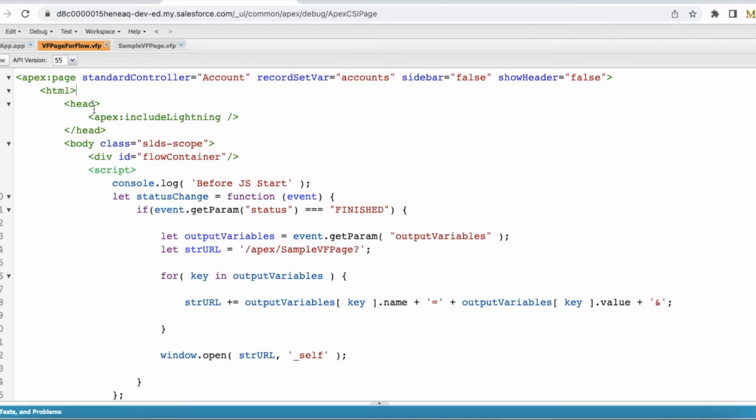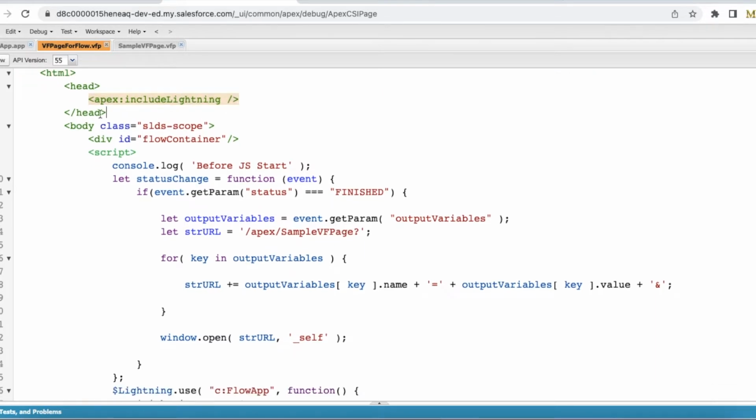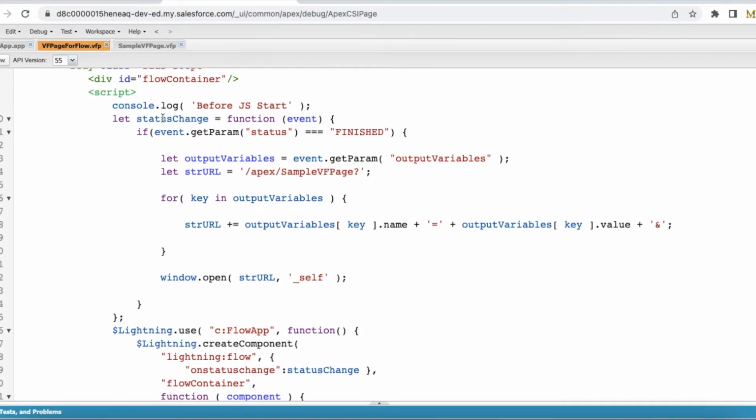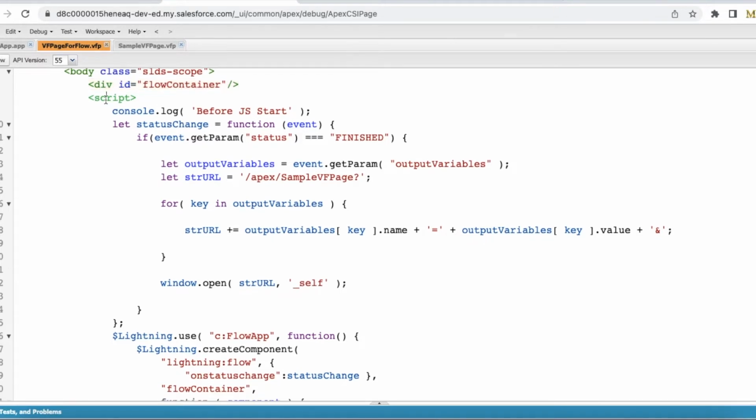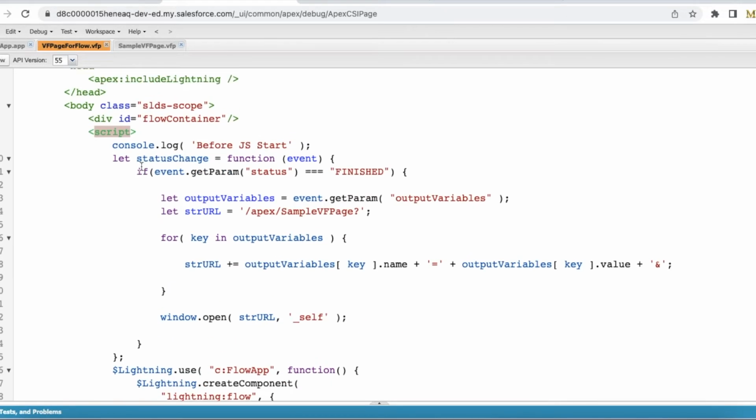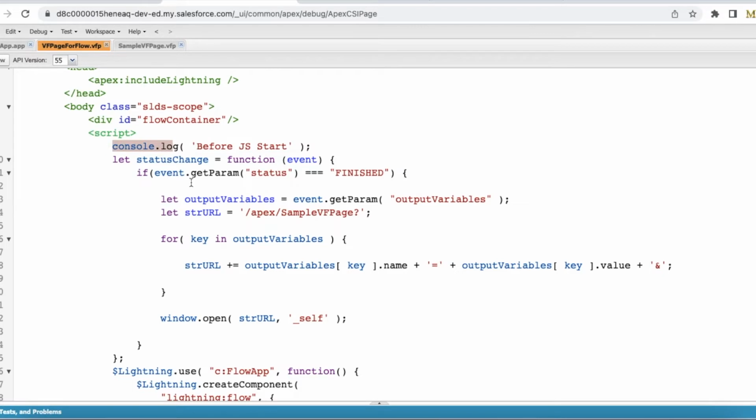Next, in the HTML head, make sure you use apex:includeLightning and then end the head tag. Next, create a body, set the class equal to scope, and create a div with id equal to flowContainer. And this is the main JavaScript. This is just a console.log statement. So I'm creating a method here with the name statusChange. In this statusChange method,